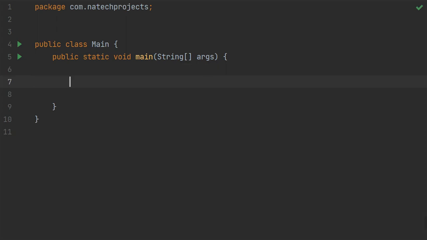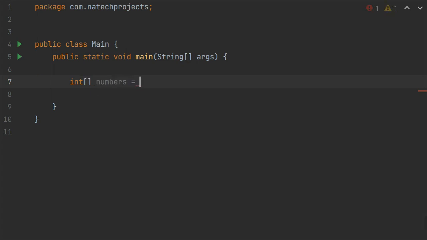Let's take for example, we are storing an array of integer values. So we can type int. After the int, we bring square brackets, which denotes that we are going to take a group of values. This is called a one-dimensional array, or a normal array. So we can name this